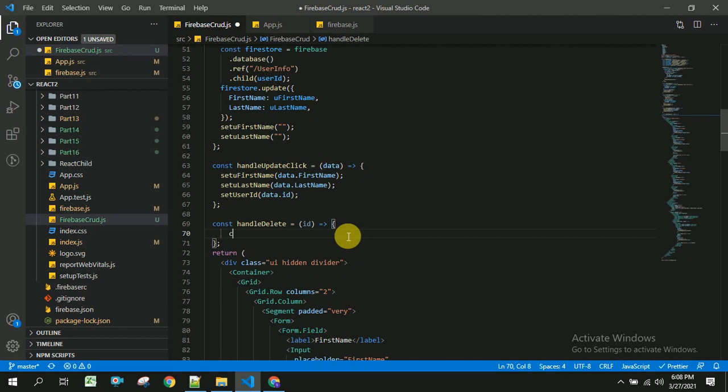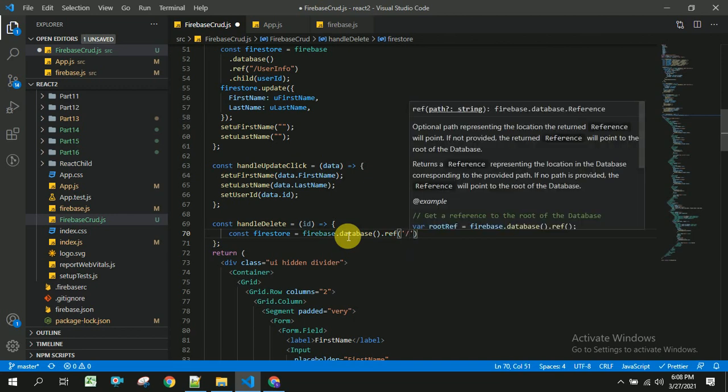Now I am going to create the same thing called Firestore equal to Firebase dot database dot reference. So we have to get which reference, that is user info reference.